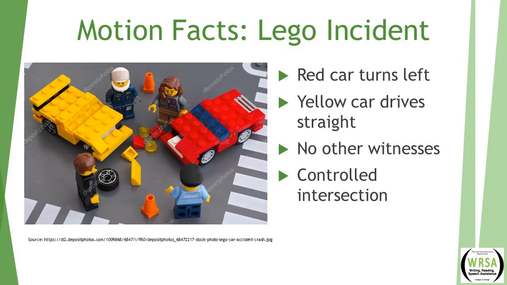What's the human element behind all this? Was one of these two drivers late for work? Was someone driving home from work after a long day? Maybe someone works the night shift and they're driving home, and the other person works a shift one and they're driving to work. Was one of these drivers out drinking? And the time of day might say a lot about the character of that person who was drinking. So these are all things you want to keep in mind as you are preparing your facts for your motion.